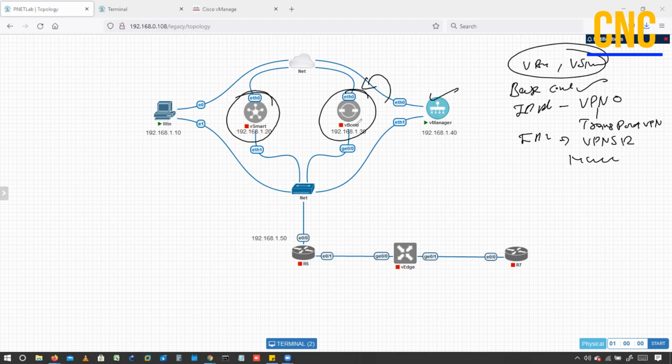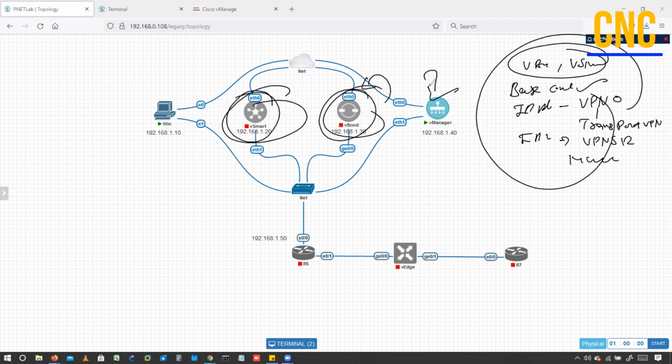I have to register these devices. Once I do this configuration on both devices, I'll go here and we'll try to add vBond and vSmart. And later I can do the ID certificate part. So let's do this base configuration and the IP addressing on these two devices, and then we'll go further. Okay, let's do that.